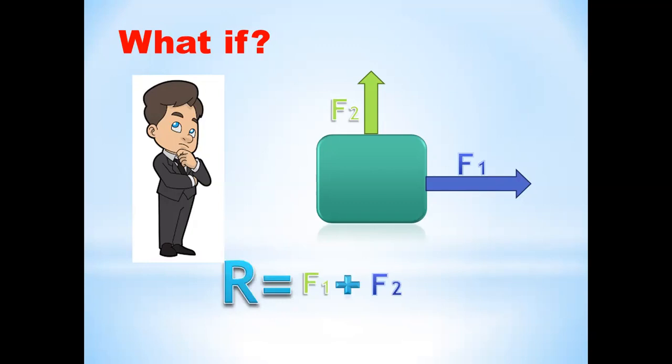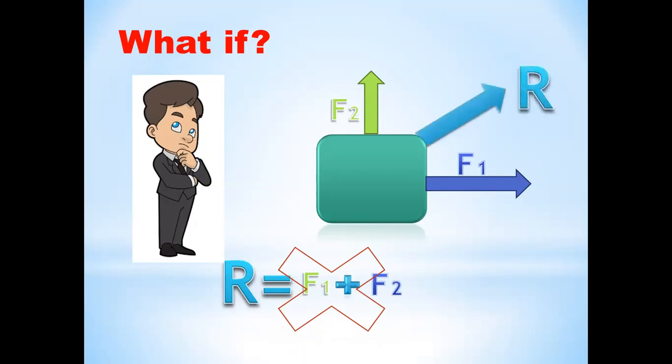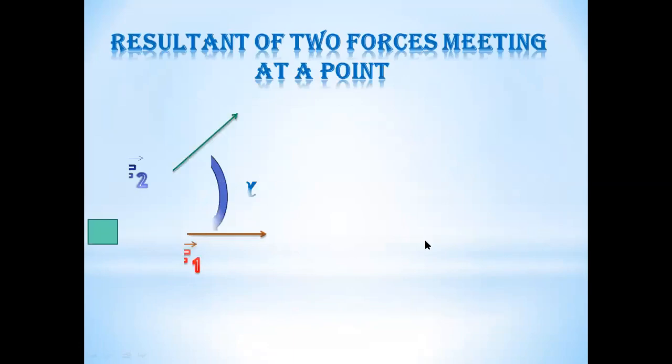What do you think? Of course not. The resultant force will be something like this. It will be an inclined force, making an angle with the first force, and we can represent it by